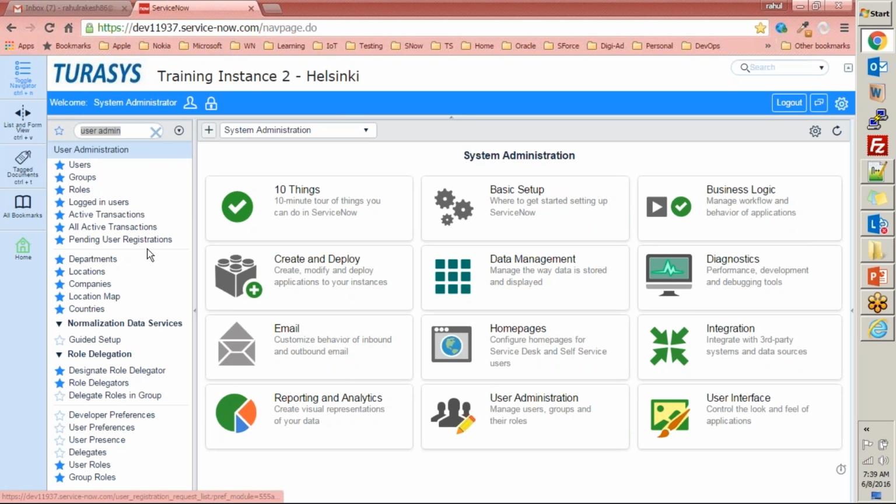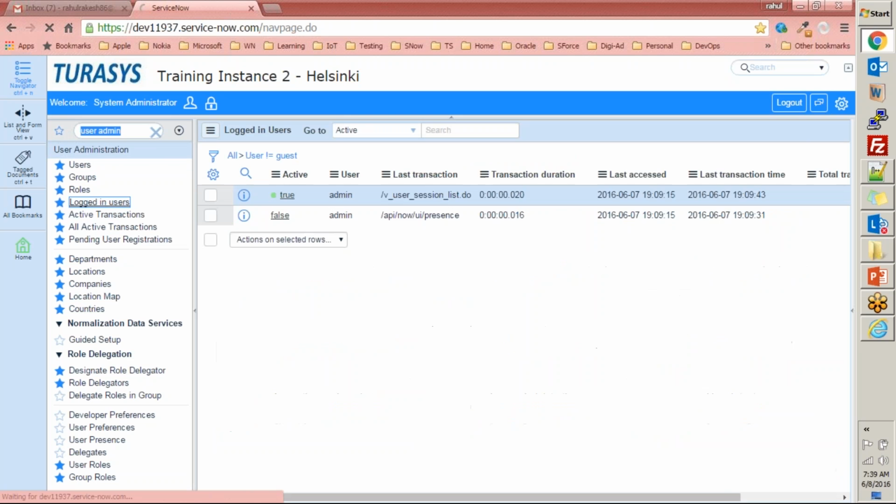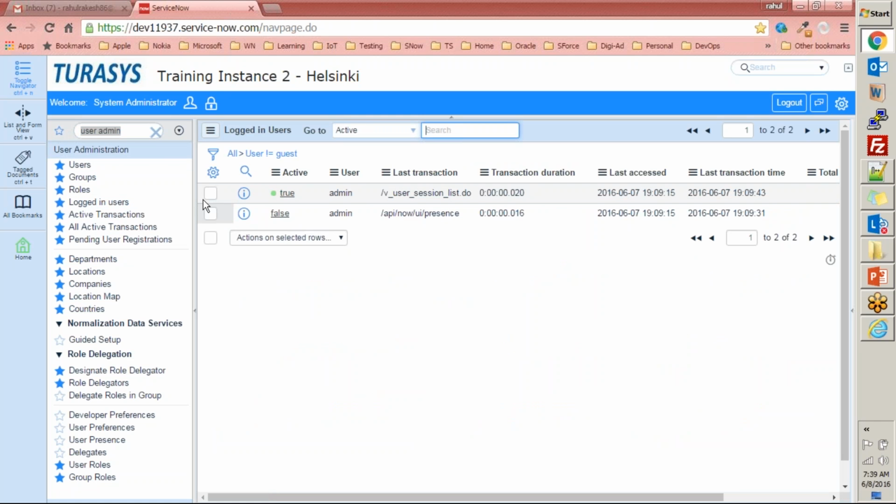Now see, there is one more module available here in user administration, which is logged in users, that gives you information about whosoever is logged into the system, right? If the person has been logged into the system, you will see that person's details here.